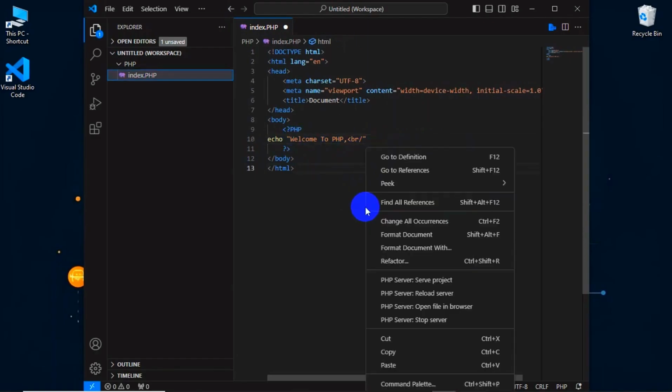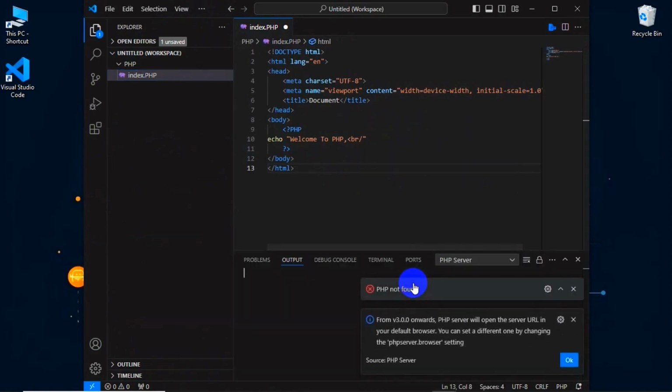For that, you need to click on your right mouse button and go for PHP Server: Serve Project. I click on that, and after that, here you can see if you get this kind of notification called PHP not found,